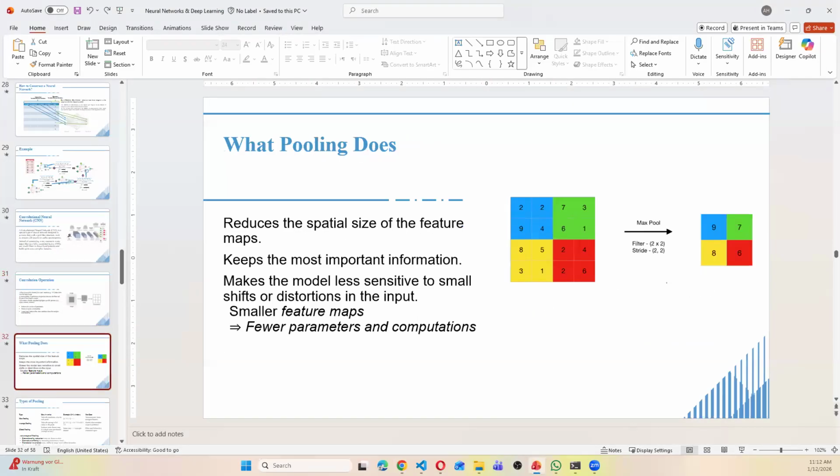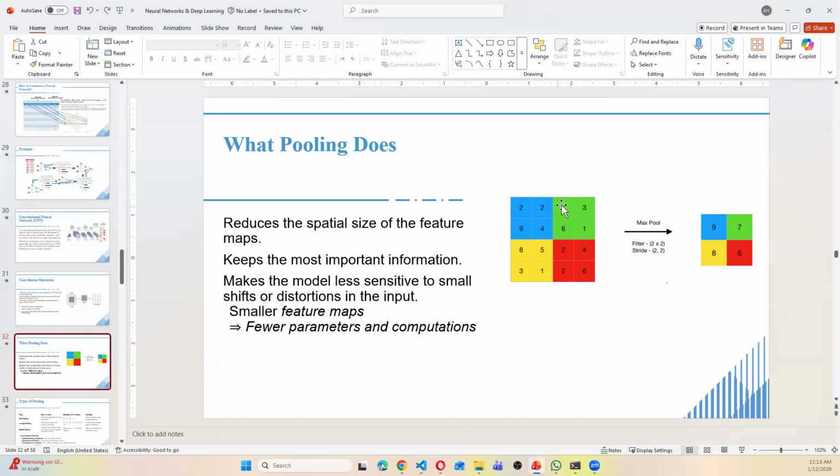Then after that, if there is a filter like this one, we can use max pooling. For this filter, we will just see the maximum. We'll say that in this one, take only the maximum, 9. For this filter, take the maximum, 7. For this 8, for this 6. So it will just take the important features, only the ones that are important. For example, maximum of this one. So I need this 9,